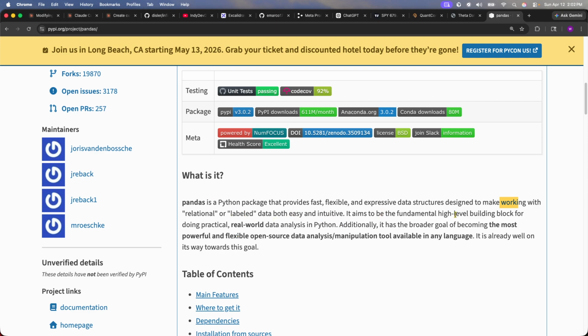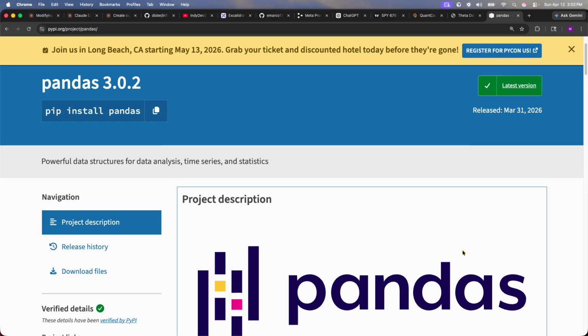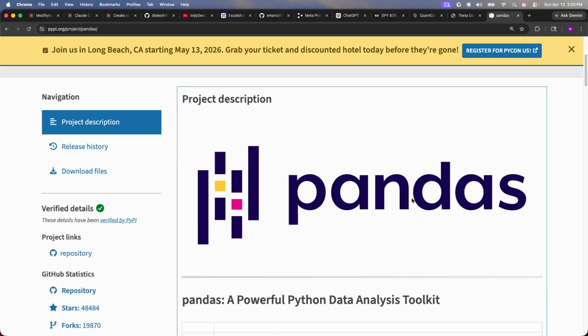It aims to be fundamentally high level building block for doing practical real world data analysis in Python, and additionally has a broad goal for becoming the most powerful, flexible, open source data analysis manipulation tool available in any language. And it's already well on its way towards that goal. This is pandas, right? This is what I do. I do vectorized, where I'm using pandas and NumPy, right? Where I'm running each strategy through an array, and we want to be able to gauge how well it works,